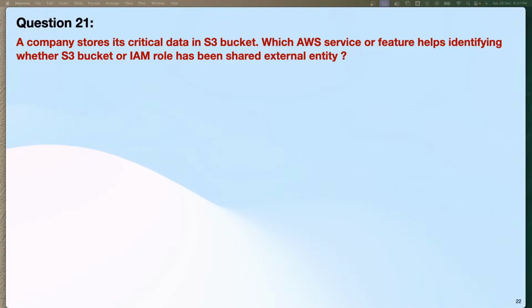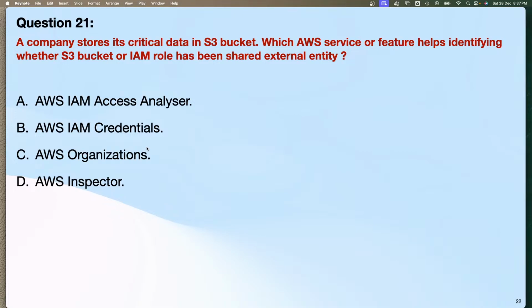If I go to question number 21, a company stores its critical data in an S3 bucket. Which AWS service or feature helps identify whether an S3 bucket or IAM role has been shared externally? So the company is storing some data in Amazon S3 and they want to know if, accidentally or for any reason, the data is shared or somebody has access from the external internet. So they want to understand whether this bucket has any special access,